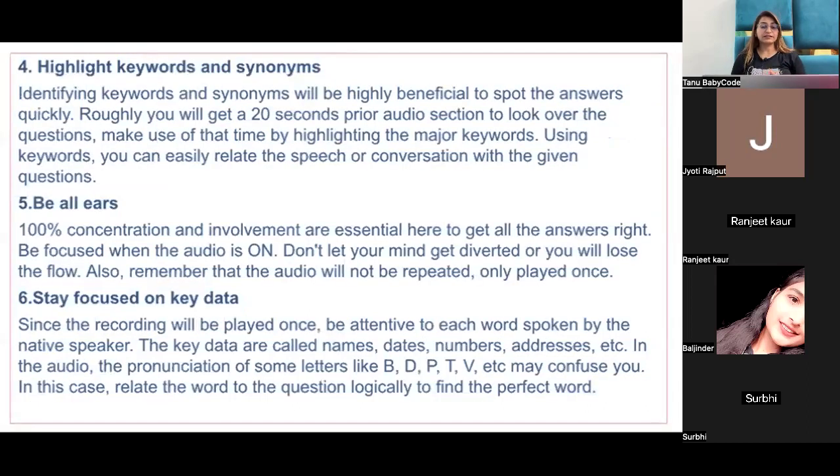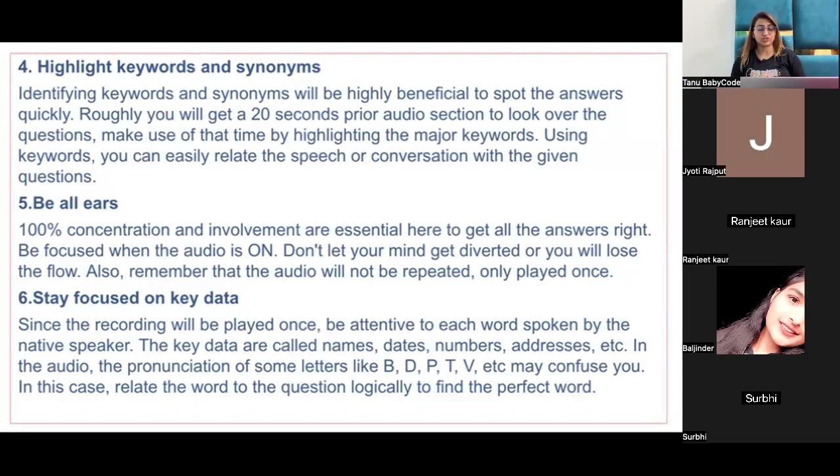Next is highlight the keywords and synonyms. While reading the questions, identify करो अपने keywords को, synonyms को, ताकि आप आंसर्स को स्पॉट कर पाओ। Roughly, you will get 20 seconds prior audio section to look over. So roughly आपको 20 to 30 seconds का टाइम मिलता है सिर्फ क्वेश्चंस को रीड करने के लिए। तो उस टाइम को आपको अच्छे से रीड करना है so that you can highlight the major keywords, और आप उसे रिलेट कर पाओ अपनी स्पीच से, अपनी कन्वर्सेशन से।